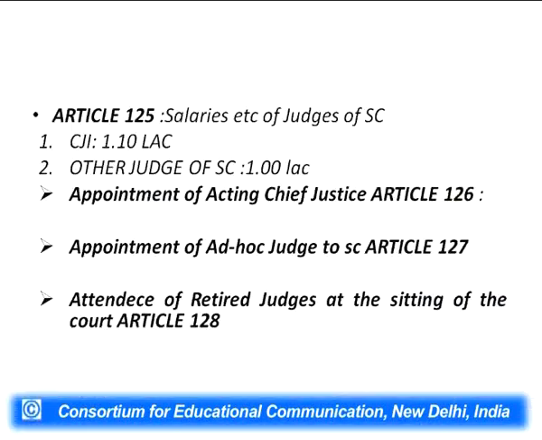Now I am taking Article 125 of the Constitution, and it deals with the salary of the judges of the Supreme Court. As far as this provision is concerned, it says that there shall be paid to the judges of the Supreme Court such salary as may be determined by the Parliament by law, and until provision in that behalf is so made, such salary as specified in the Second Schedule of the Constitution.